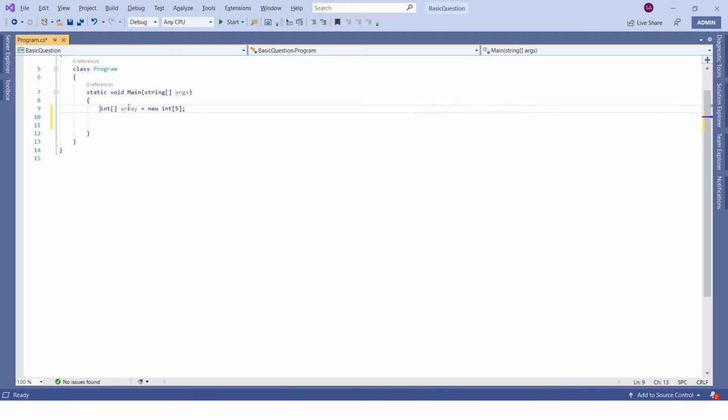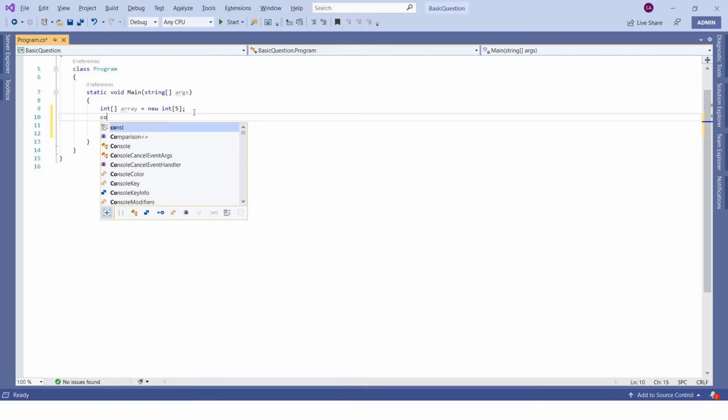So this will create an array and it will have default values, because we have just created the array but we haven't assigned any values to it. Okay, so second thing is you have to access these elements using index.